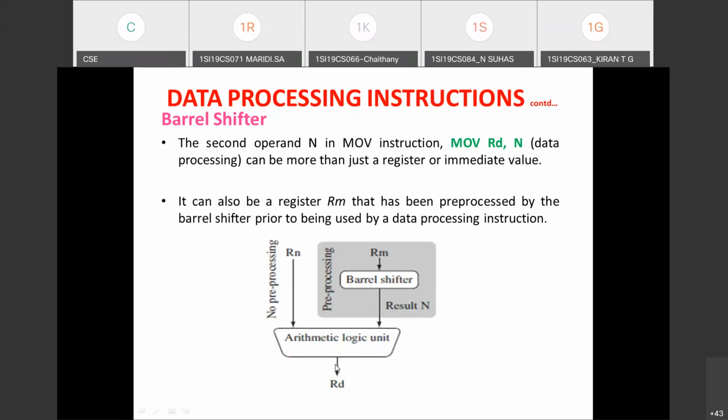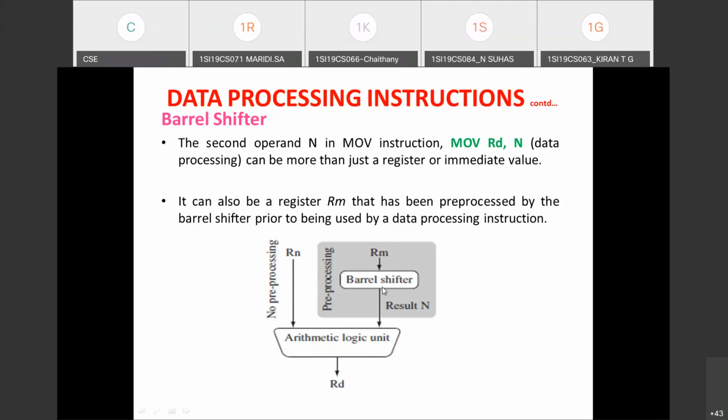If you are asked to explain the barrel shifter operation with this neat diagram, you have to explain where you are seeing the data flow between this arithmetic logic unit and the barrel shifter. Directly we can take the operands, and on that you can perform the arithmetic or logical operations, which includes the ALU component, or one of the source register Rn. You can see the Rn register is not pre-processed. Rn register is fed to the ALU directly, whereas the Rm register content is given as input to the barrel shifter,